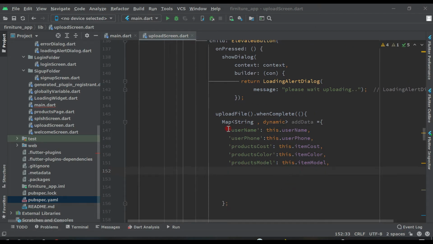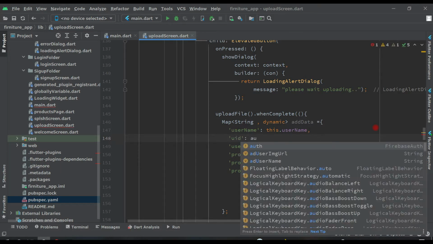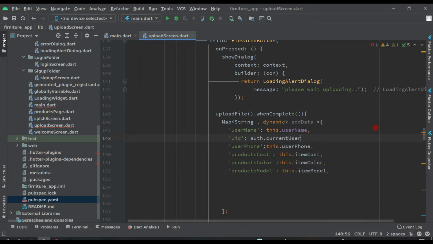And here after this username, we have to get the user ID also. So auth.currentUser.uid, comma, like this, and put an exclamation mark here, it's null safety.